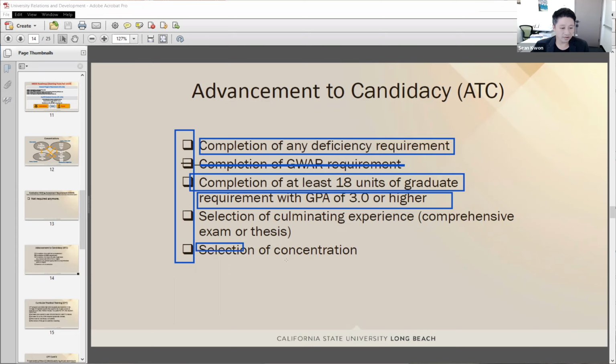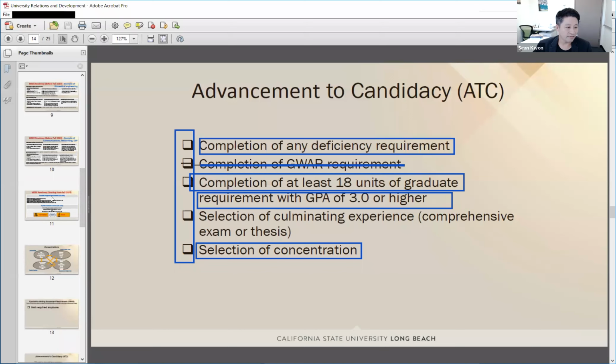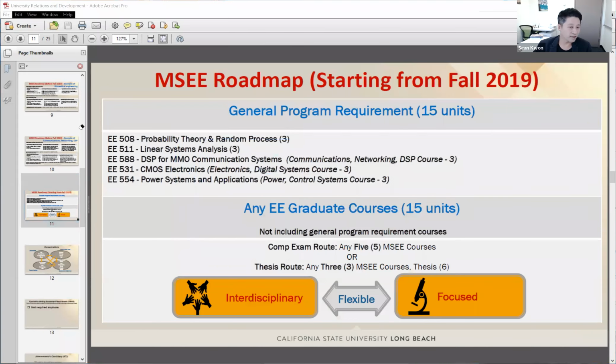Also, you need to write down your concentration, that is, emphasis. Sometimes some students describe the concentration as machine learning or robotics. That is not a correct description, because we have four concentrations.